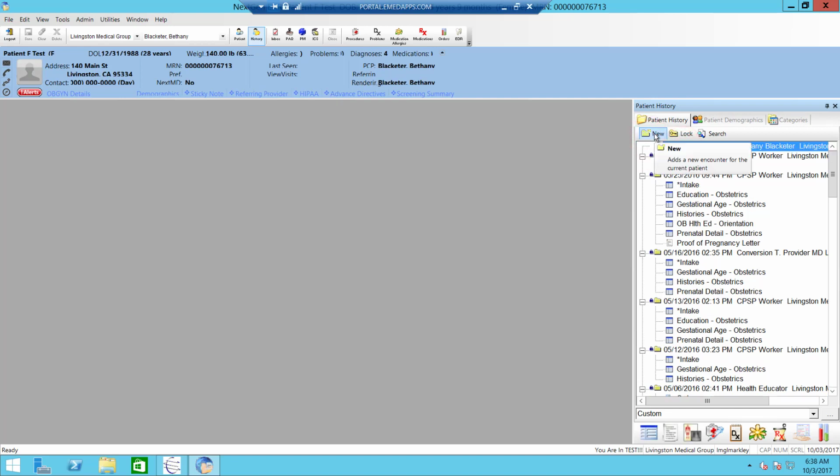You will not want to press this new button, especially if the patient is coming in for a visit, because then you will have two encounters the same day, and billing could get very confused with what's happening. It will actually make a little bit of a mess for them to clean up. The only time you should press the new button is if the patient is calling in for a telephone call and you're the first person taking that call,